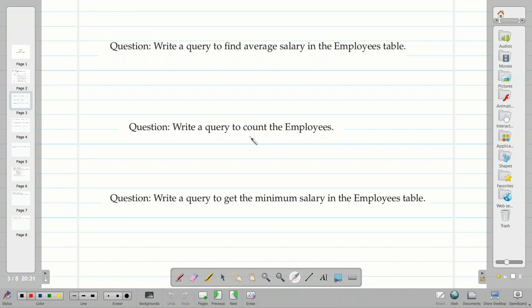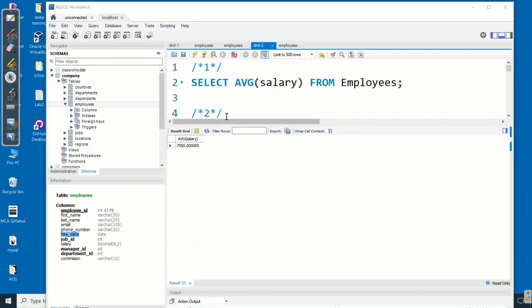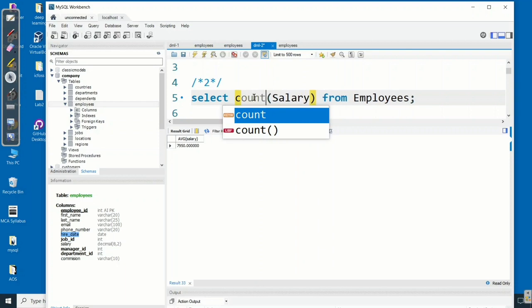The next question is, write a query to count the employees. For that we can use the COUNT function. So the query is select count of column name.